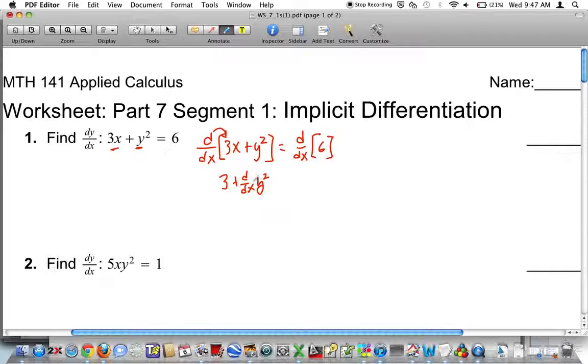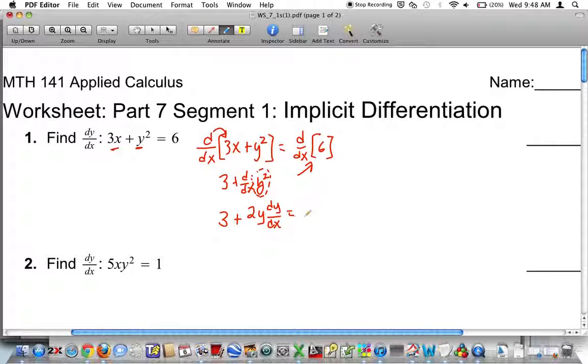And so the very first thing you do is you take the derivative of this function with respect to y, and so y squared would just be 2y. And then you have to take the derivative of y with respect to x. Well, we don't know what that is, and so you just write that as the derivative of y with respect to x. Okay, so we have 3 plus 2y dy dx is equal to,